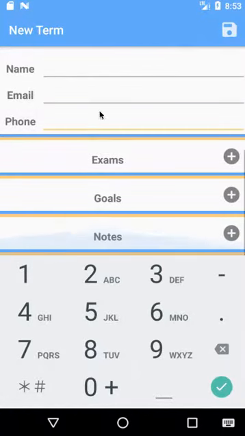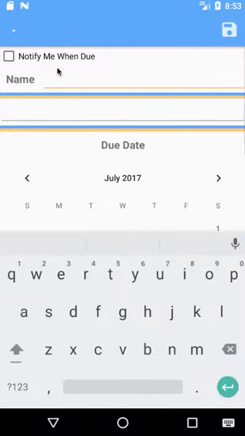or immediately email the mentor. And then there's sections over here that allow you to add terms, exams to the course that you want to get alerts for, as well as goals like, well, the exams are going to be just like this, where it'll be an alert for whenever it's getting close, and when it's due, and the name of the goal or